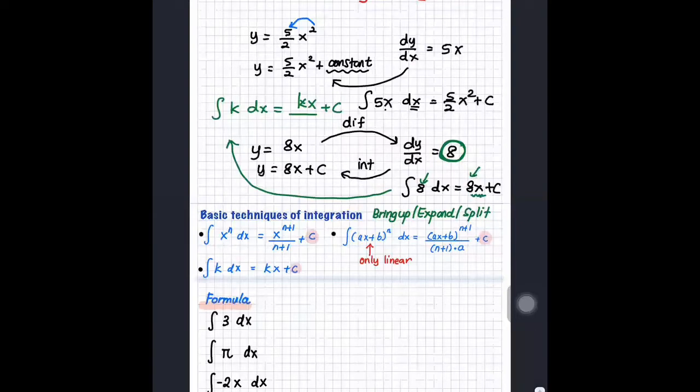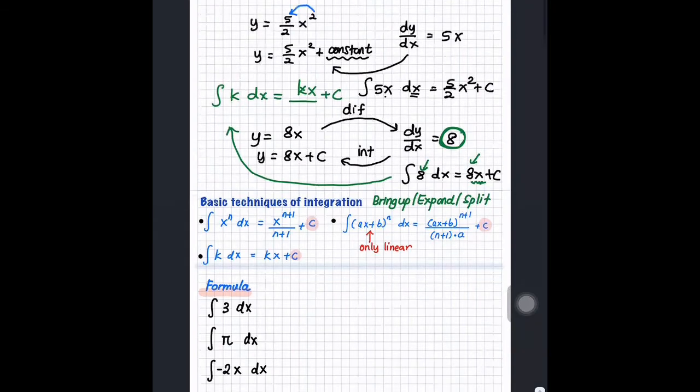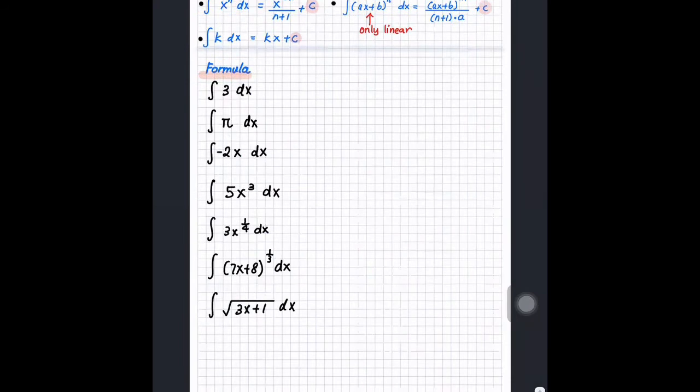So using this idea, mathematicians came up with many formulas that you have been using since IGCSE. What are those formulas? See for yourself. You have 0.1, 0.2 and 0.3. Look for the black dot. I have just explained this to you and Jensen answered. Anytime you integrate a constant, you will get kx plus c. And then they have more. In differentiation, you minus. In integration, since it's a reverse process, you will do plus 1. You won't do minus 1 anymore.